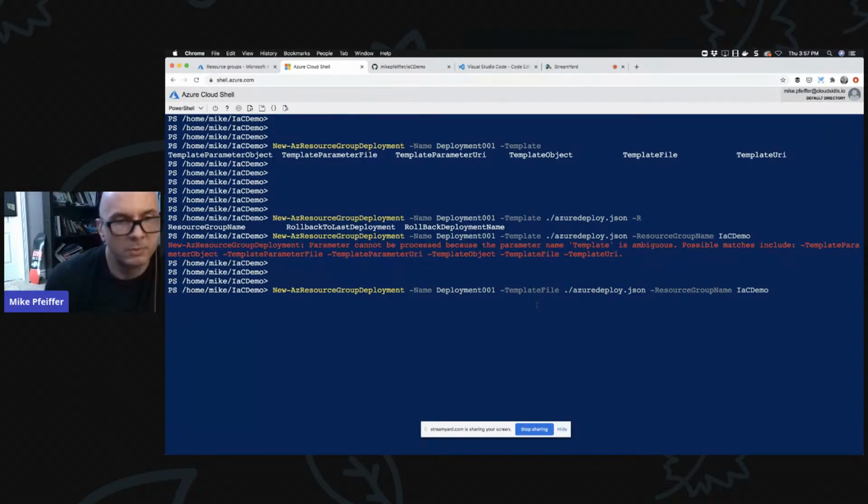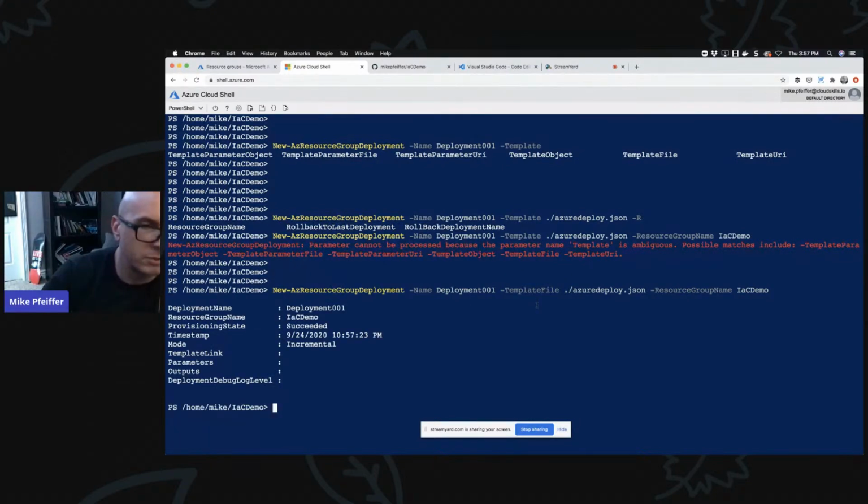By default, Azure resource group deployments like this, template deployments, are incremental. So basically the system is going to look at the template, look at the resource group, take anything in the template that's not in the group, and make it happen. Okay, so check it out. Succeeded, incremental mode, which is the default. Everything's cool. Now if I go back into the template, change one small thing, and do deployment 002, it's just going to update what's already there.